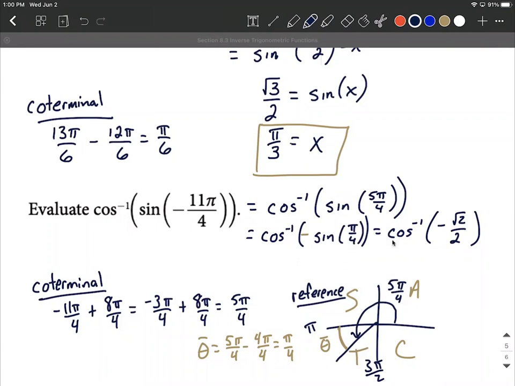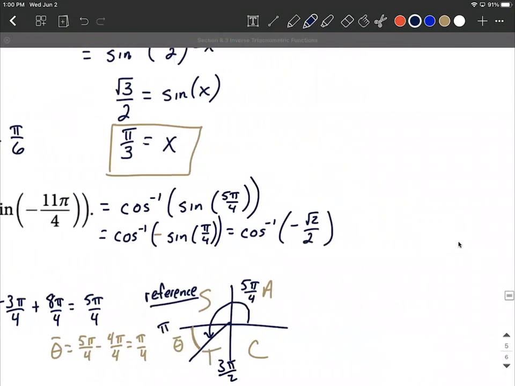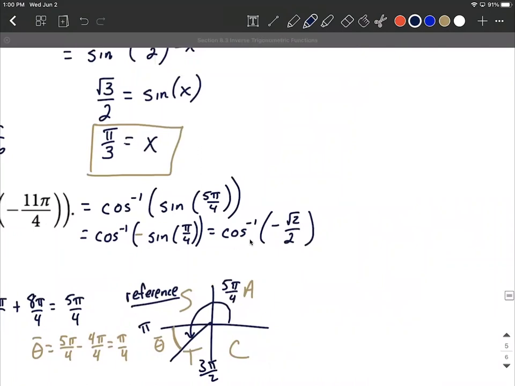The only thing that remains to be done is to evaluate cosine inverse of negative square root of 2 over 2. This gets a little bit complicated, but when we're dealing with cosine inverse, if you have a negative on the inside, we have to be very careful about what angles are output. We're probably thinking, okay, cosine of pi over 4 is going to produce a square root of 2 over 2. However, based on all students take calculus,